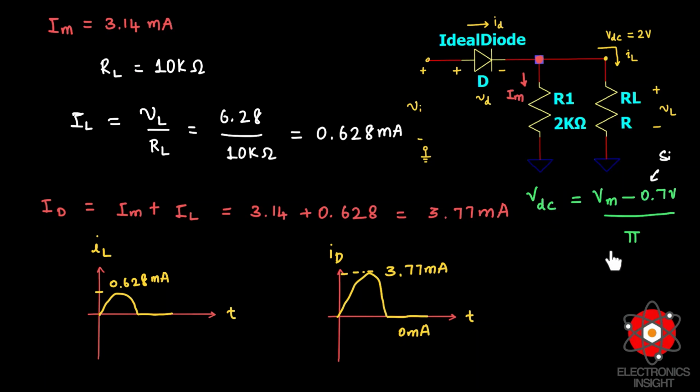Now just cross multiply this and bring this 0.7 term to this side, so that you get Vm equal to 6.98 volt. So this is in case of the silicon diode that you are going to consider with a voltage drop of 0.7 volts. So like this also you can expect some questions where instead of an ideal diode, you can be given a silicon diode or a germanium diode. In such a case, your Vm will change, and with this Vm, you will have to repeat all the other procedures.